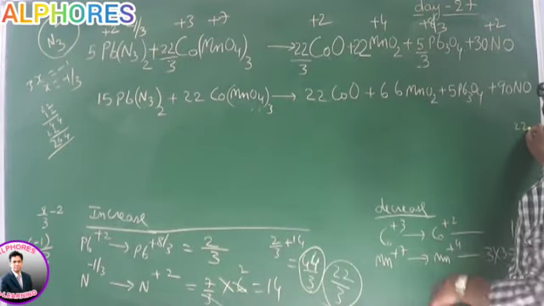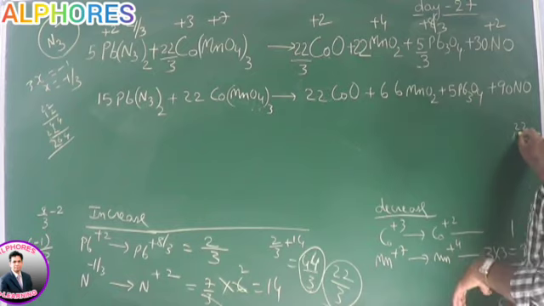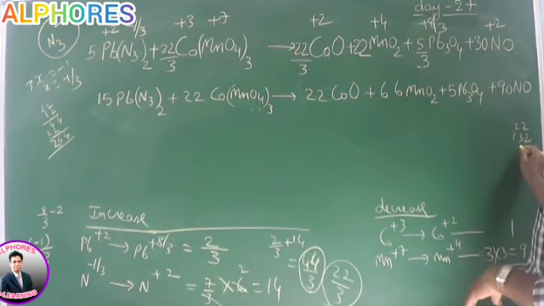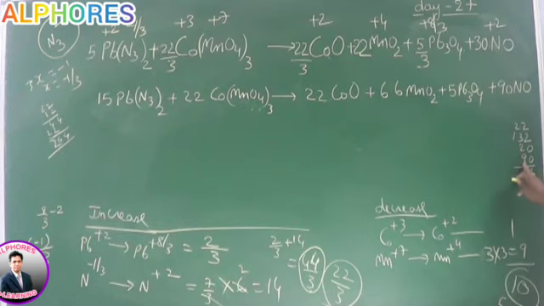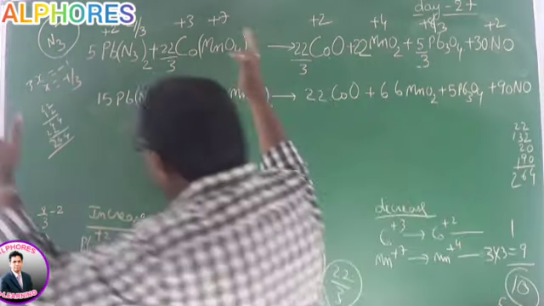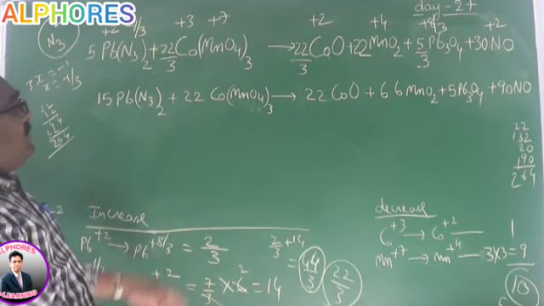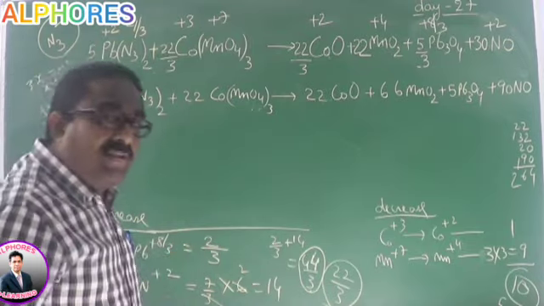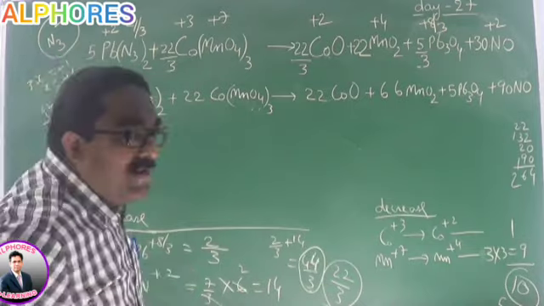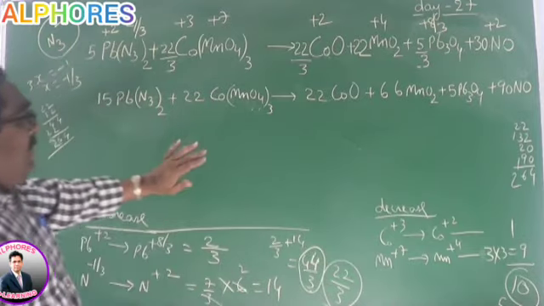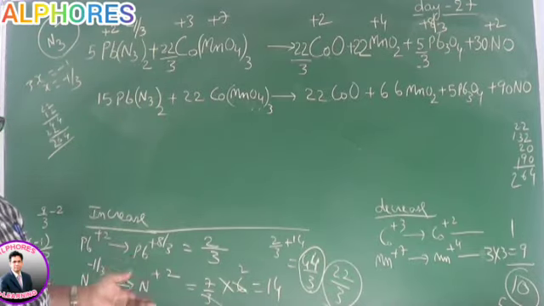Now let me do the calculation for oxygen this side. 22 in this, 66 into 2, 132. 5 4s are 20, 90. So 4. 9 plus 2, 11. 11 plus 5, 16. Yes, 264. Already the equation itself is balanced with respect to oxygen. Simply you can confine this equation to the simple oxidation method technique. No need of doing any oxygen and hydrogen balance. The equation itself is balanced.